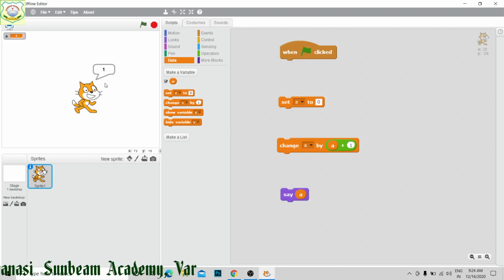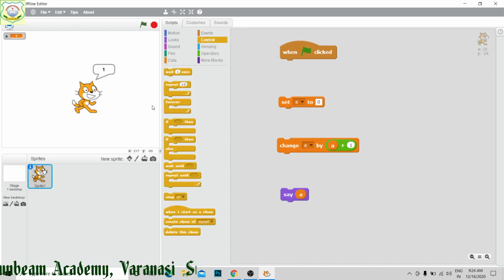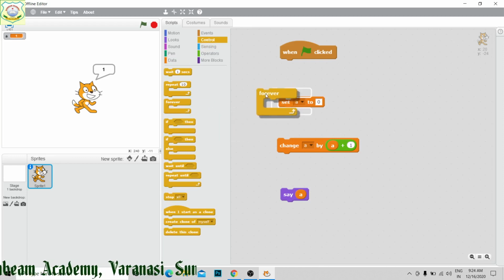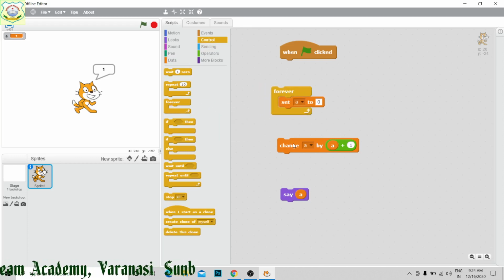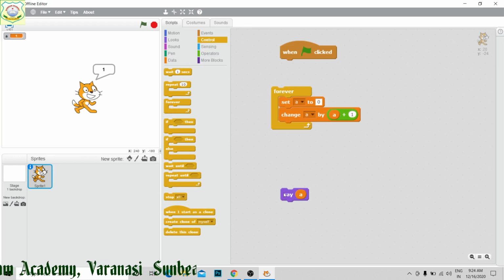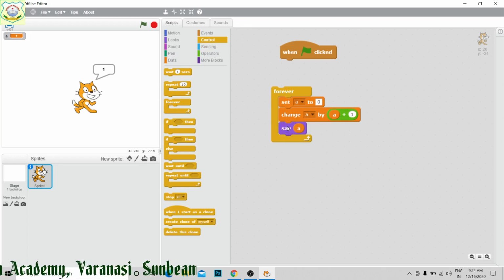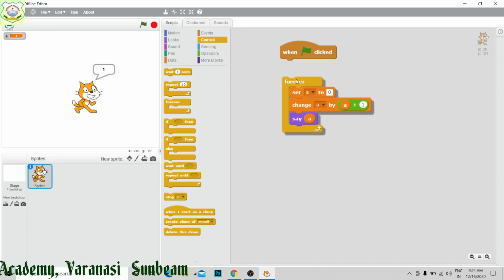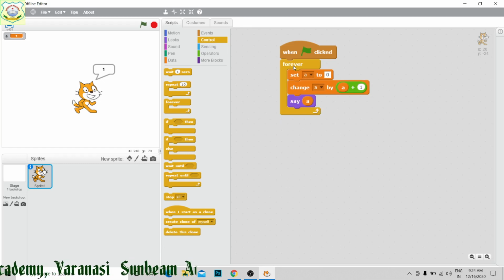Now we have to create unlimited natural numbers, meaning it should continue. For this we have our control statement, forever. I put forever, and all this program has been kept inside forever.